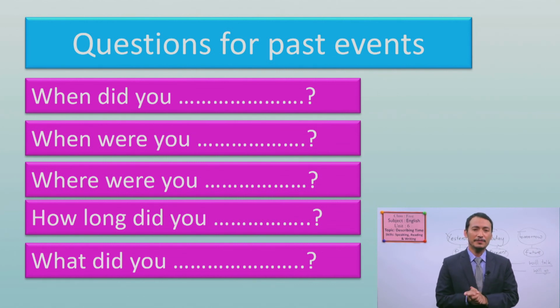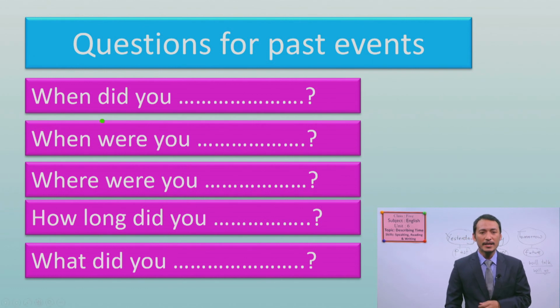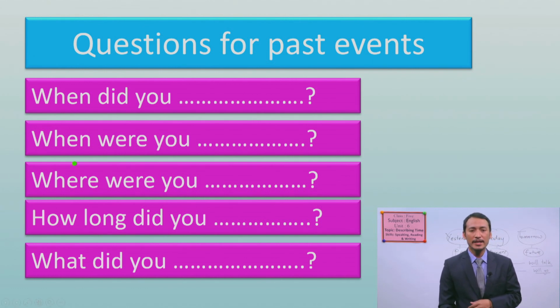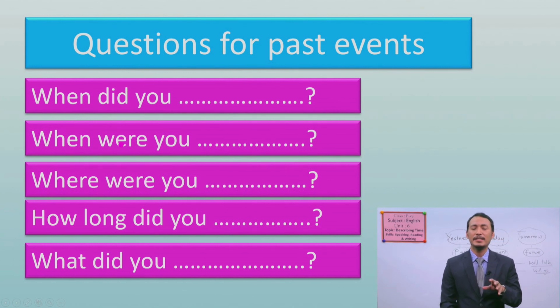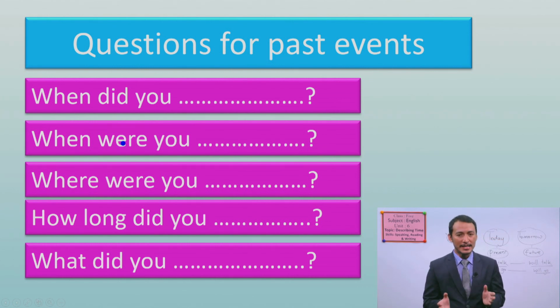With the help of some where and some did questions, you can ask for past events. You can use the question words when, where, how, and what. And there you need to be careful with some words. Here, we have where, and did. There are two kinds of question here, right? Sometimes you need did, and sometimes you need where to make questions in the past.